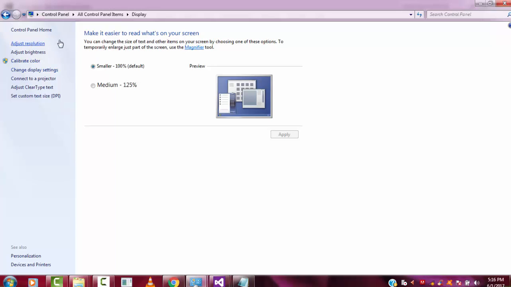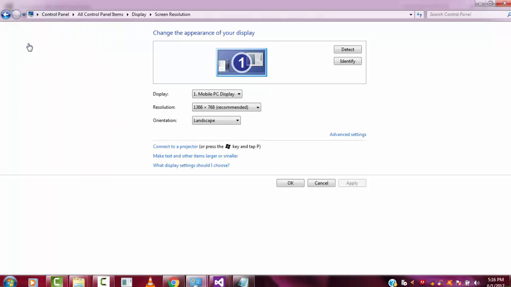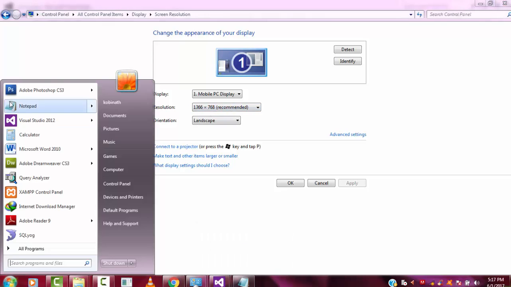In the display window there will be the option Adjust resolution. You click on this. In this window you can notice that the current resolution of this complete window has been set to this resolution. Simply we have to note that.